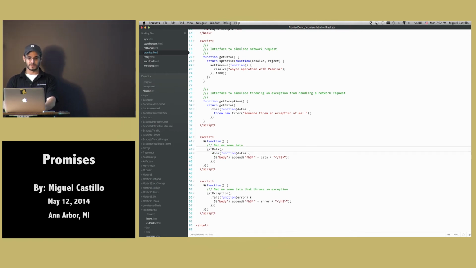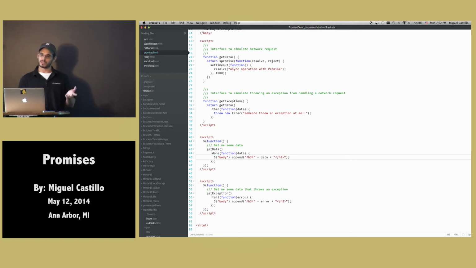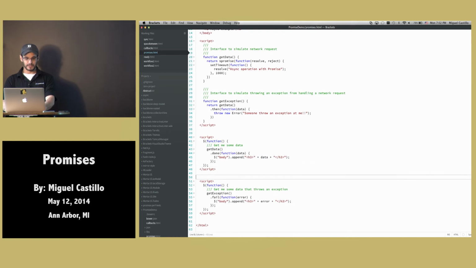With promises, it's a little different, because in a promise you say, hey, get me that piece of data, and whenever you're done, I want to put it into the actual DOM. This is the direct translation from the old synchronous code to a more modern approach, where you have a callback saying, hey, I have some good data for you. Print it out. And in this case, you don't have an if statement. And the same for the exception handling.